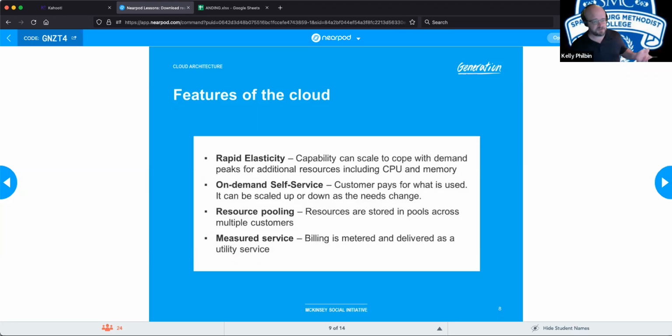you make t-shirts for a living, and some Hollywood star is seen wearing your shirt, everybody wants to buy that shirt, so all of a sudden your demand spikes 10,000%. You can expand your website's capabilities through rapid elasticity to handle that demand, and two weeks later, when everybody forgets about that t-shirt, you can scale it back down to normal. You don't have to invest in a whole bunch of infrastructure just to handle that short-term spike. You can use rapid elasticity and pay for what you need.